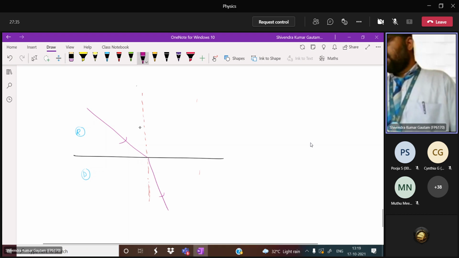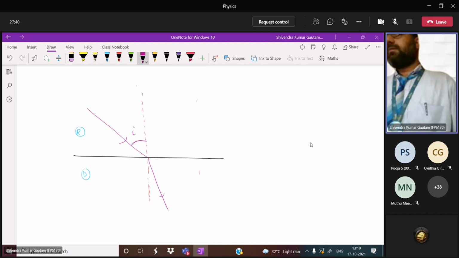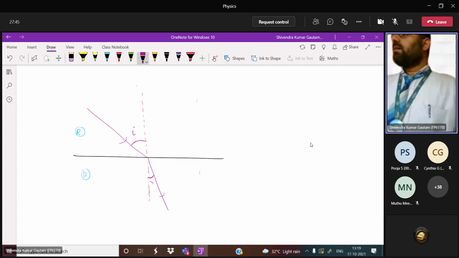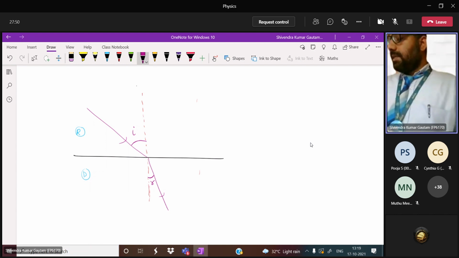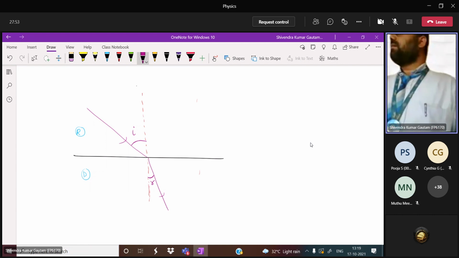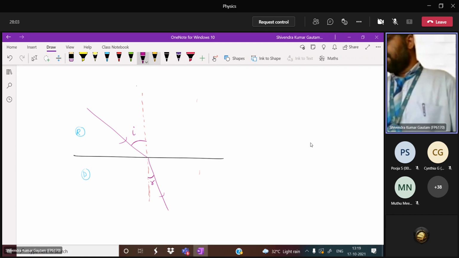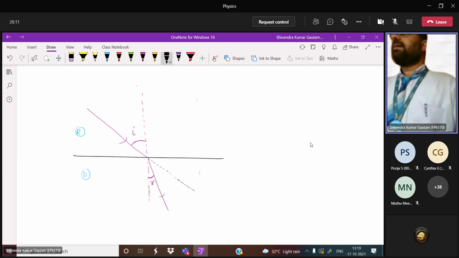This angle, you know what this angle is? Angle of incidence. Incident ray, and this is the normal. This angle is what here? Angle of refraction. Now tell me, if the denser medium is not present, only the rarer medium is there, which path will the ray follow? Will the ray follow the original path or not? If the medium is not present, then the ray will go like this only, yes or no? The ray will go like this.